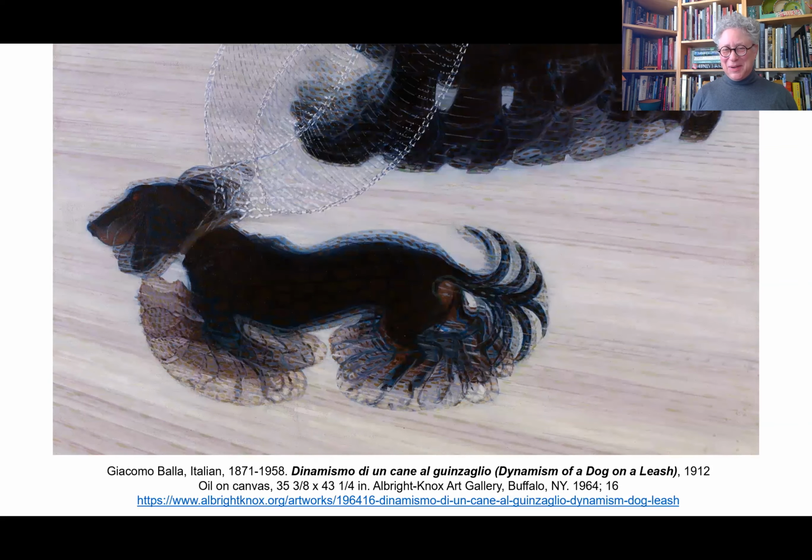Time and motion. So we're going to be looking at not only the techniques and the strategies that artists use to create the illusion of motion happening in a place where it can't possibly happen on a two-dimensional surface. So what are the different strategies and techniques and materials used, but also how that is informed by the philosophy. And in this case, Balla as being a member of the futurism group, what that ism means and how important